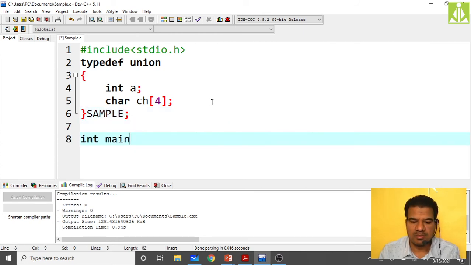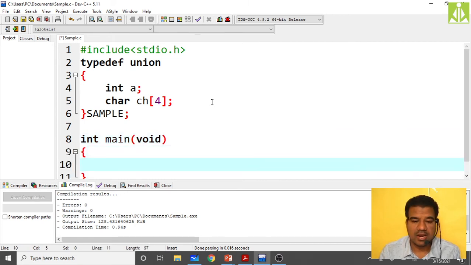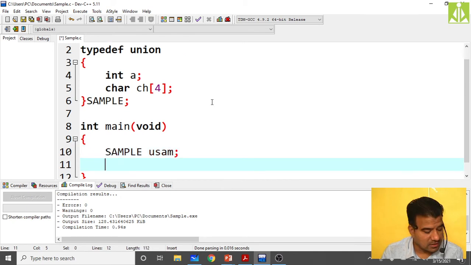Then int main(void). Come down and create the variable for sample, usam, because it is a union. Using this usam, I can declare an integer. First, usam.a, that is the integer, equals 16706, the value of the integer.